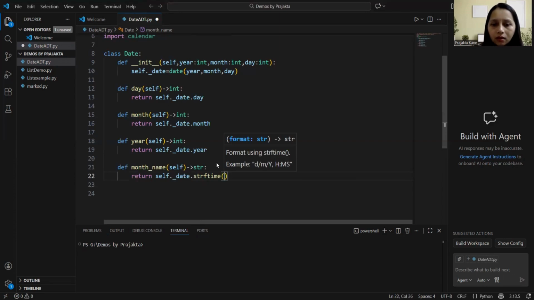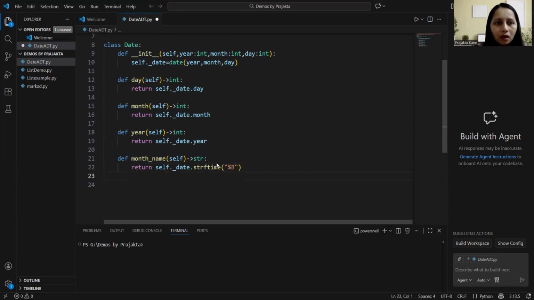Now, how we can get it? So for that, I am passing %b. Now, what is this %b? So this is basically the literal, or let's say a format specifier, which will be used to get the name of the month from the specific date. Okay, so it is basically the second value, that is year, month, and day. So month is the second value standing for the literal b. Okay. After this,